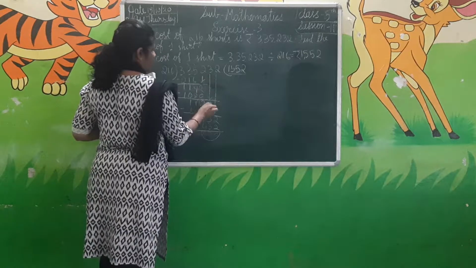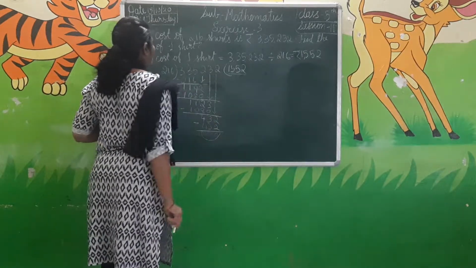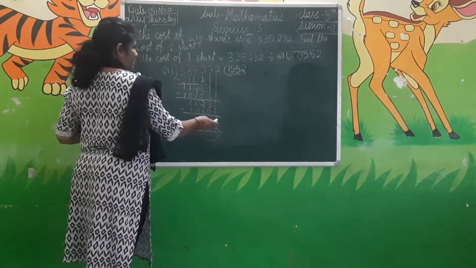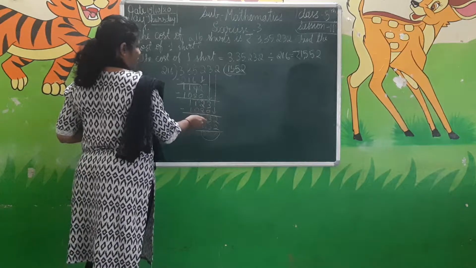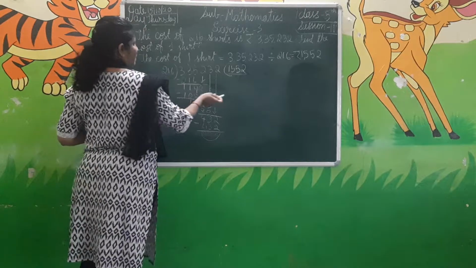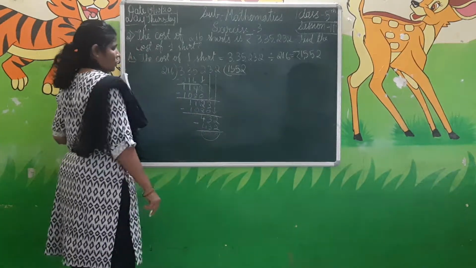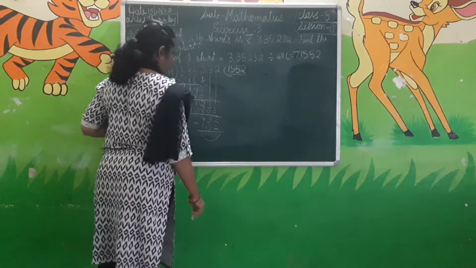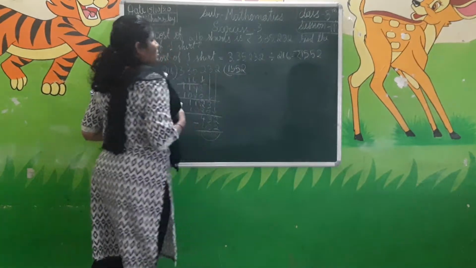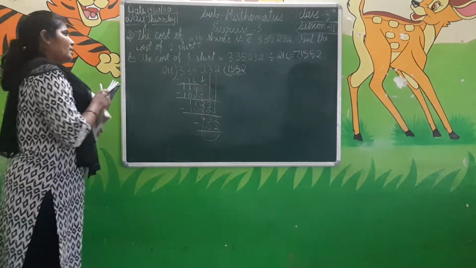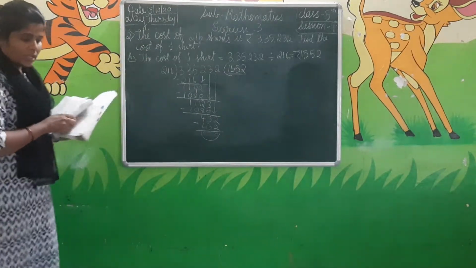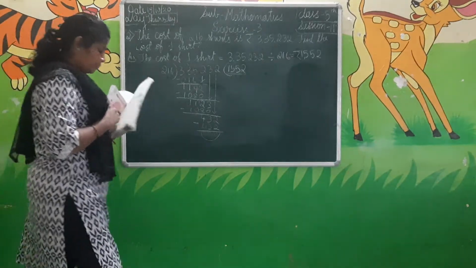In the next step, we have to take the 3 down. Again we should divide that with 5. 216 into 5, 1080 is the answer. By subtraction we got 43, and 2 we have to take down. 216 is multiplied with 2. We get the answer 432, which we deduct, and the remainder will be 0. Now what is the quotient here? 1552. That is only the quotient. That is the cost of one shirt. Got it, students?